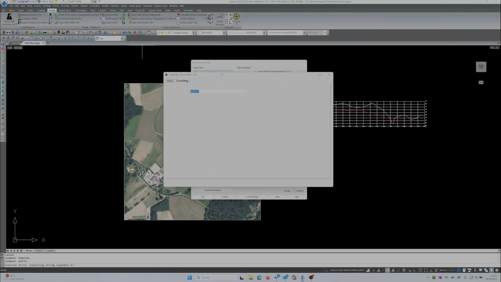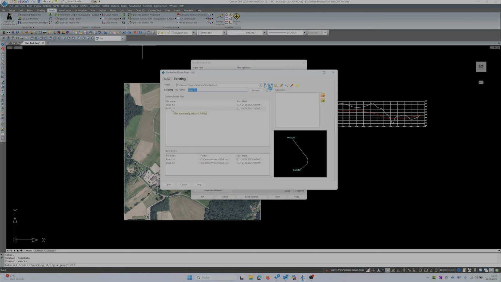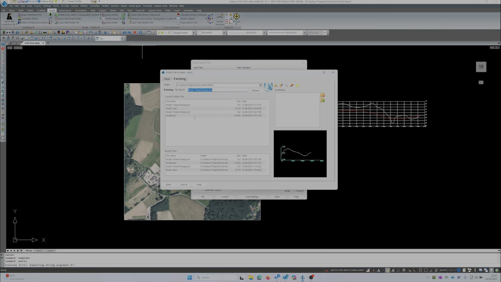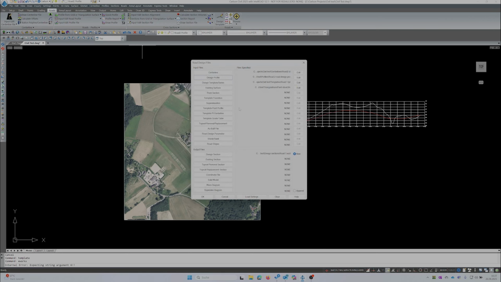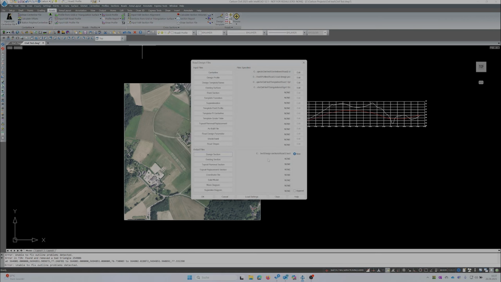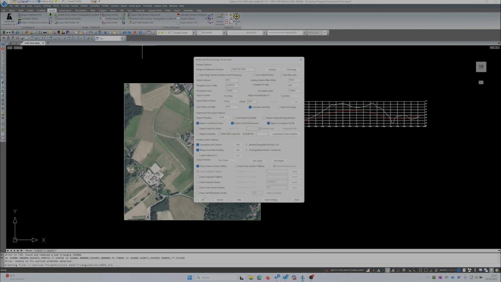So our center line file is this one. Our design profile is this one, and the template. So we take the same template, and the surface we're going to use is surface. So those are basically all the information we need, just a handful of settings. And if we say OK now, it takes us to the next menu